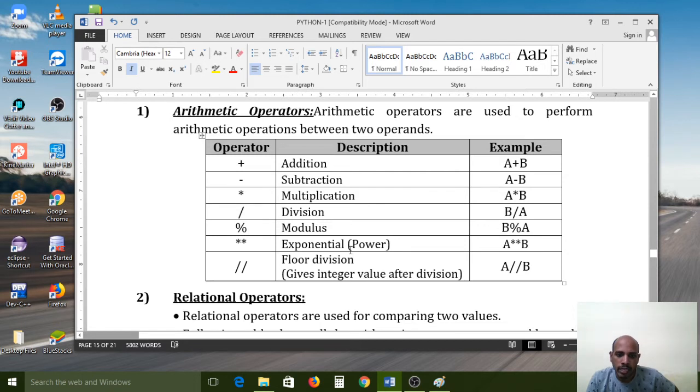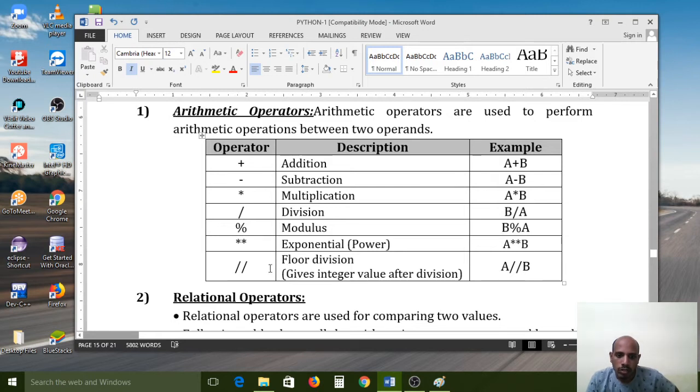If you want to represent any power value, for that we can use these two star symbols. The first one is the base and the second one is the power. And floor division gives an integer value after division.